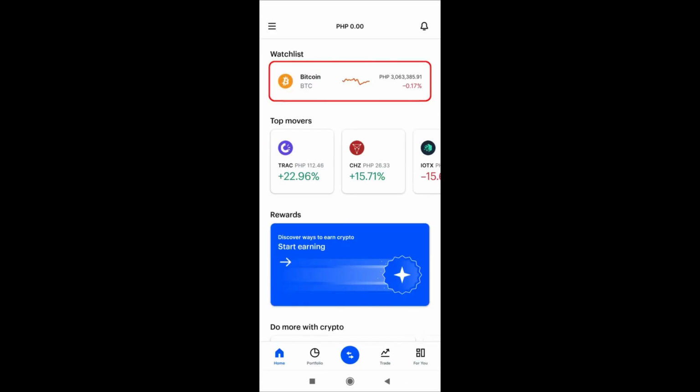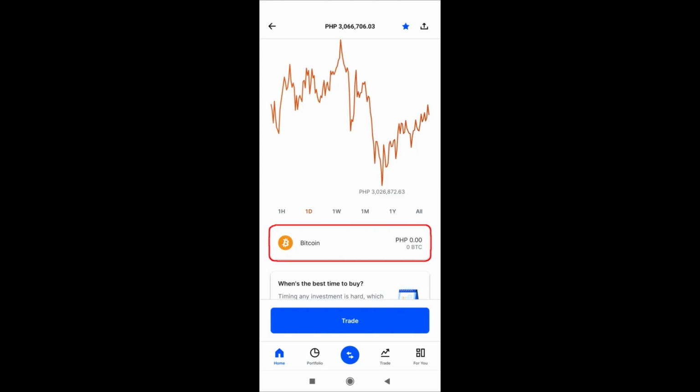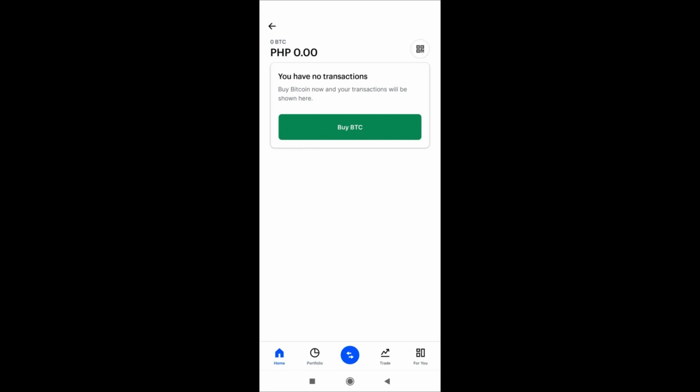Just scroll down to the Crypto Wallet page to find the specific cryptocurrency for which you want to view the purchase history. Tap on the cryptocurrency to expand it, then look for options or tabs related to the transaction history or purchase history. Here, you should be able to view the details of your past purchases for that particular